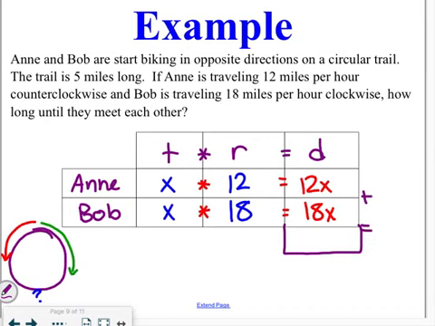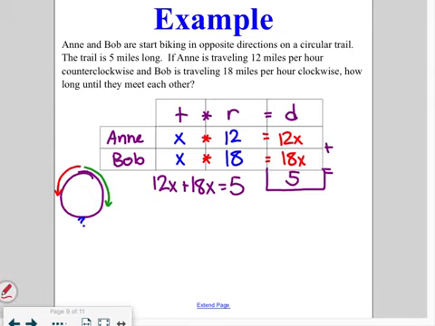The total distance that they have to travel around this path in order to run into each other is 5 miles. That's how far the whole path is. So one of them covers one portion of the path, the other one covers the other portion of the path, and that total has to equal 5 miles. So our equation then becomes Ann's distance plus Bob's distance is equal to the total of 5 miles. So we have 30x